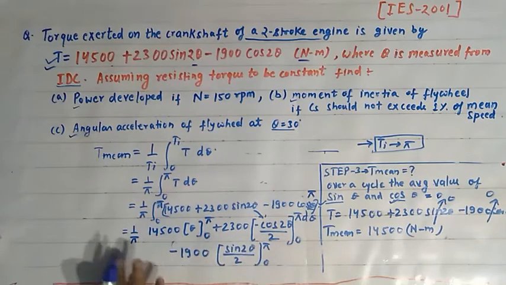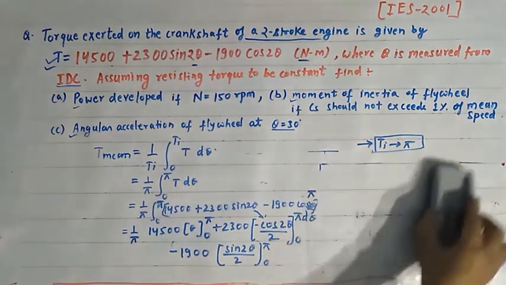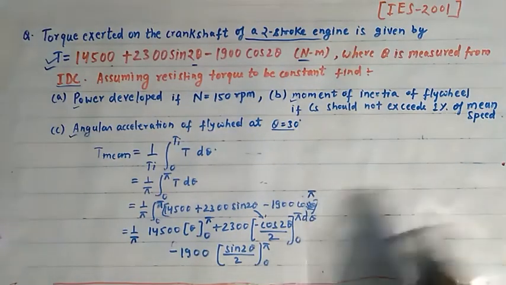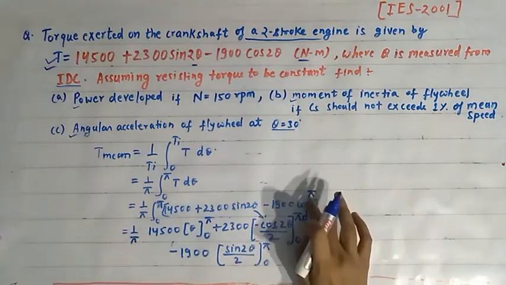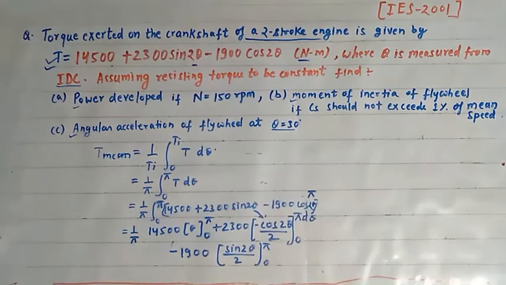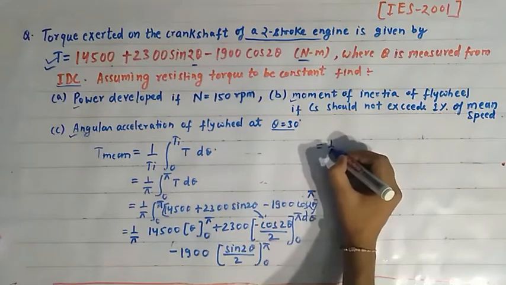Okay friends, when we solve this expression, then what will we get? Let us see what we will get. I am rubbing this part, because you have to note this part. Now friends, let us see what is the integration of this T mean. That is, it was actually 2 theta, cos 2 theta. Okay. Now friends, let us see. It will come 1 upon pi